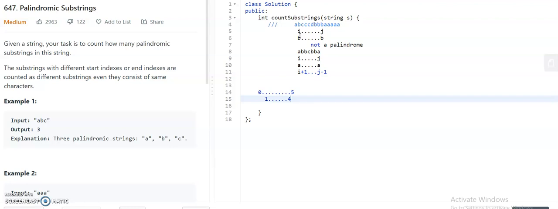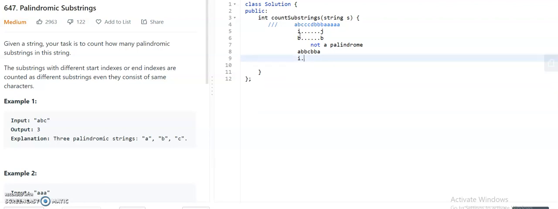You have to decide whether the 0 to 5 substring is a palindrome based on whether 1 to 4 is a palindrome or not. So we have to find 1 to 4 first. So we will go with backward to forward DP, in which we will find whether 1 to 4 is a palindrome or not, then we will go for 0 to 5.